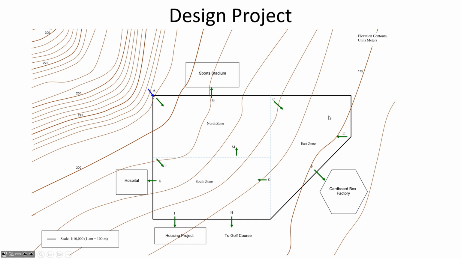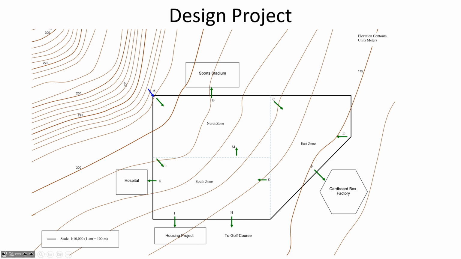Over here in the east zone, there is a hotel, a food processing plant, a mall, and then there's a sports stadium you can see that's to the north of the community. Here's a cardboard box factory, a housing project, a golf course, a hospital. So what this project is all about is figuring how large should the pipes be to take water from the spring. Up here around the 300 is a spring where water comes out at a constant rate.